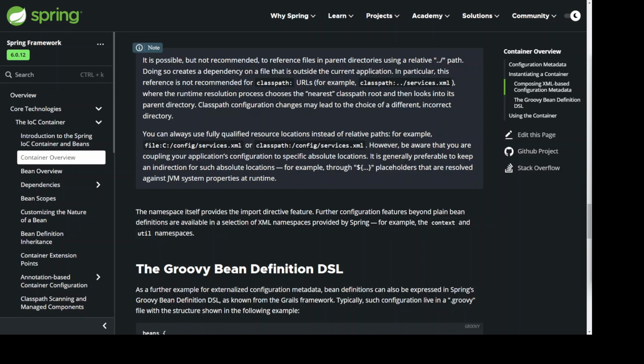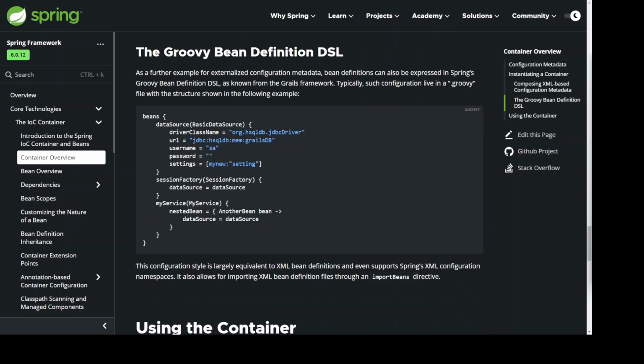The Groovy Bean Definition DSL. As a further example for externalized configuration metadata, bean definitions can also be expressed in Spring's Groovy Bean Definition DSL, as known from the Grails framework. Typically, such configuration lives in a ".groovy" file with the structure shown in the following example. beans { dataSource(BasicDataSource) { driverClassName = "org.hsqldb.jdbcDriver", url = "jdbc:hsqldb:mem:grailsDB", username = "sa", password = "", settings = [mynew:"setting"] }